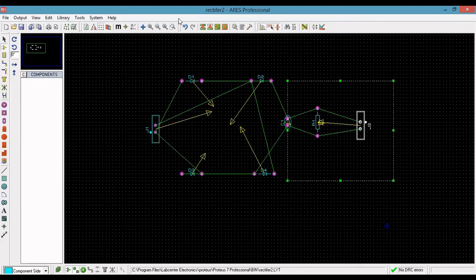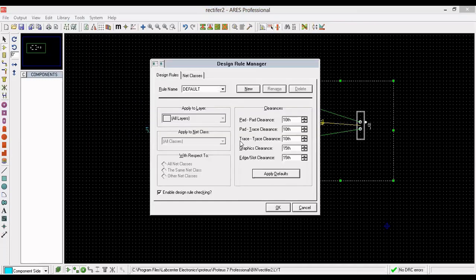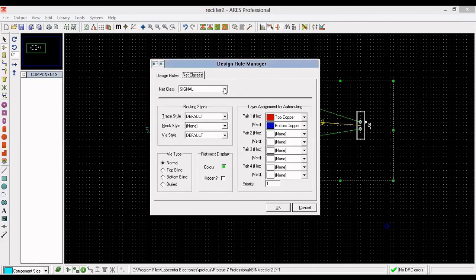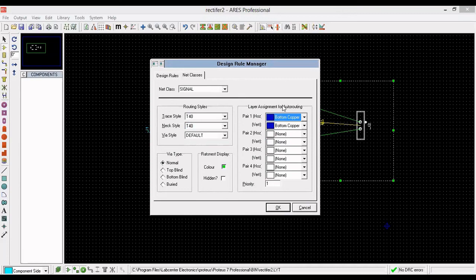Next you have to go to tools, design, select the net classes, signal. Select the T40 style. Next one is bottom copper. Select the bottom copper. Both are bottom copper.